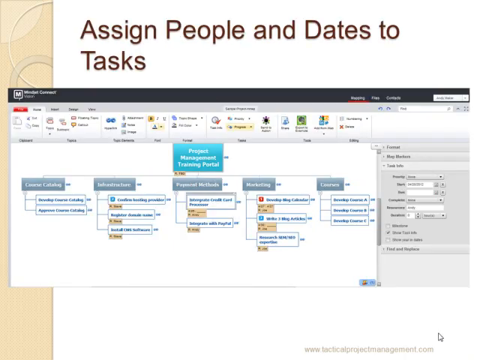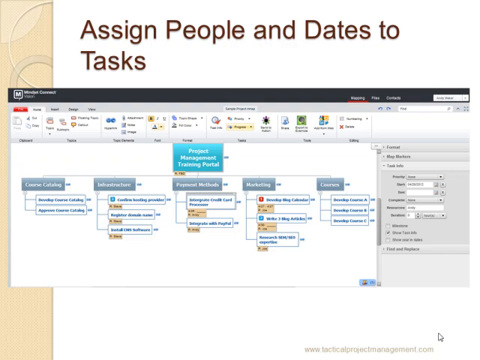Okay, so now once you've defined your work breakdown structure, the next step is trying to identify priorities, and identify who the resources are that are going to be working on those specific tasks. With Mindjet Connect, you can very easily add selected resources. You can then also add specific target dates when you think these tasks need to be completed. The purpose of this is to develop a very high level project schedule that you can then use to